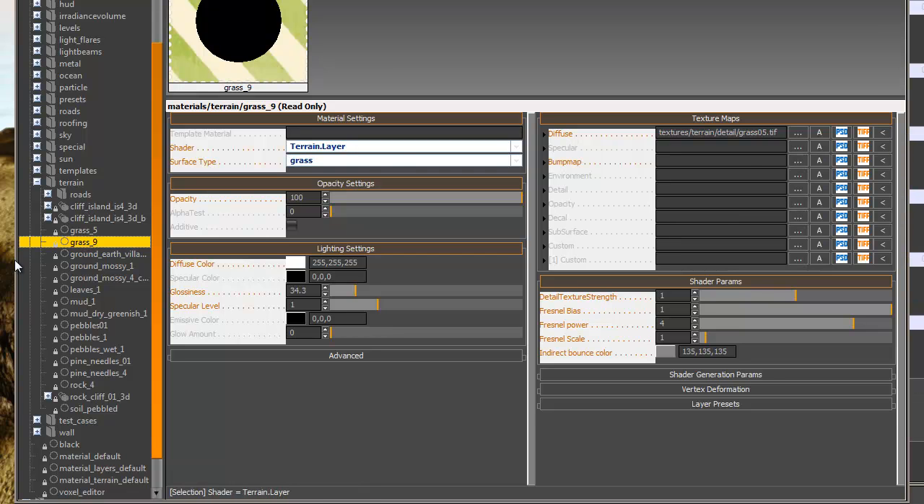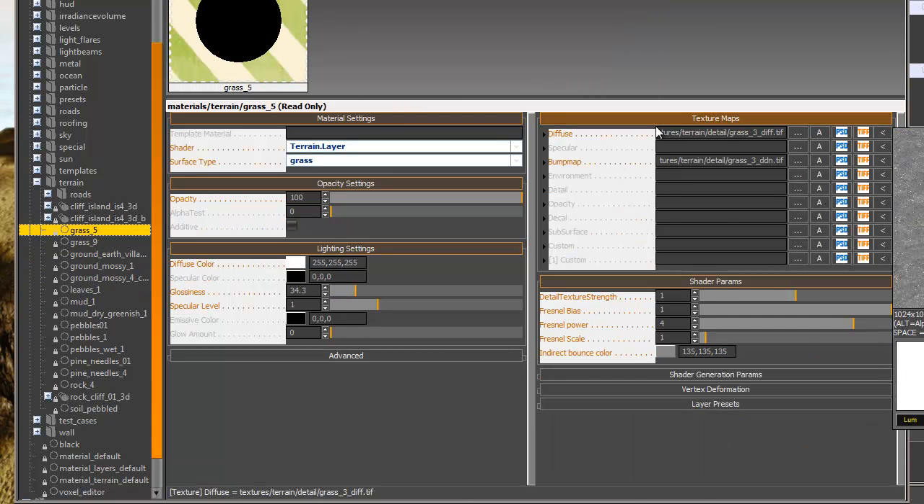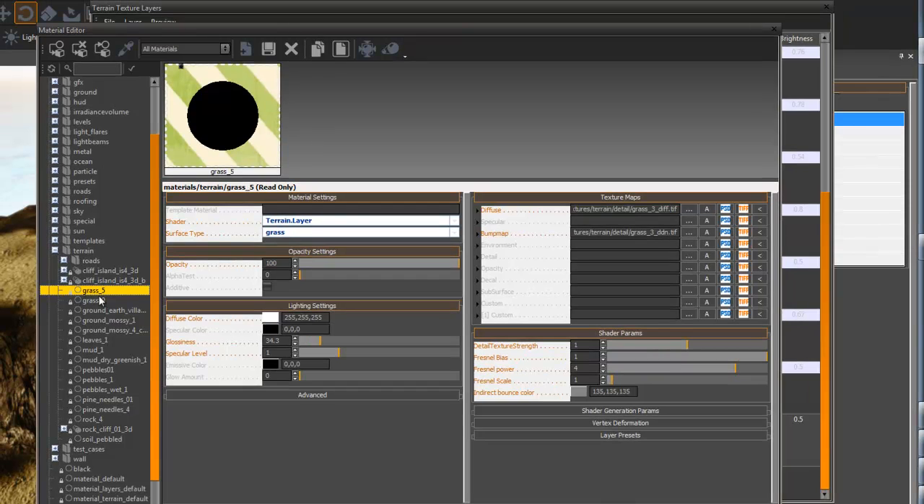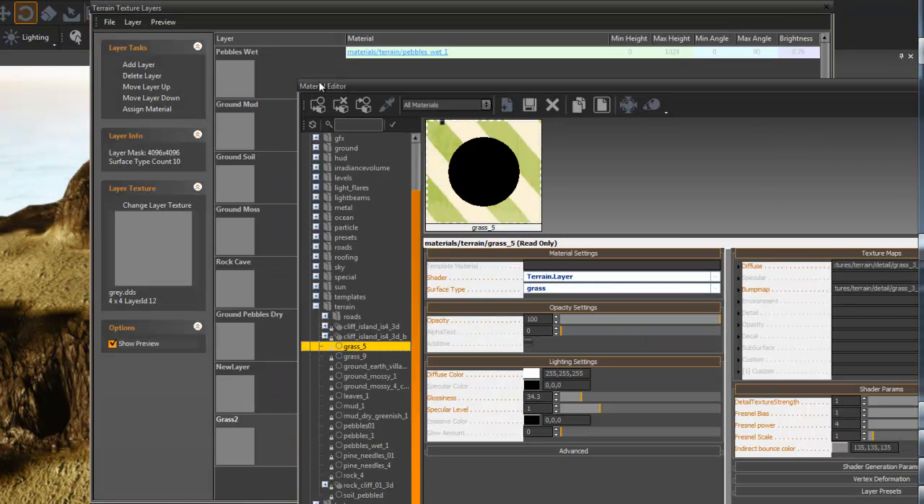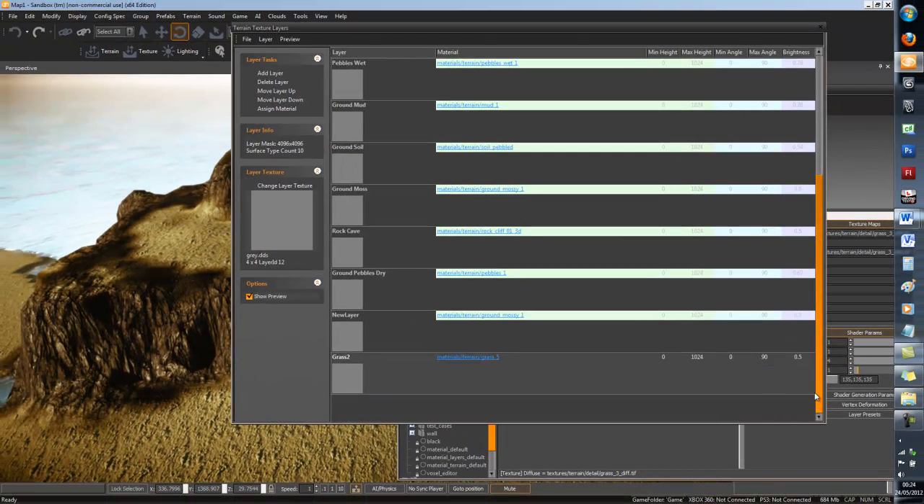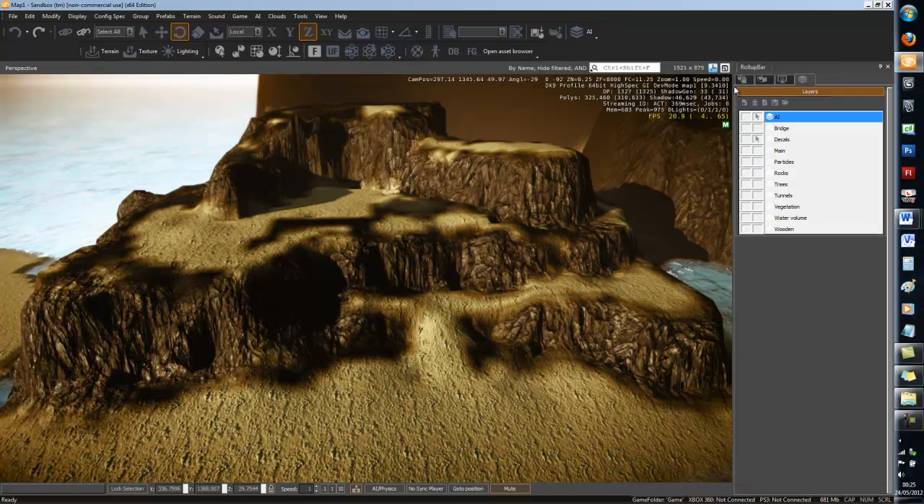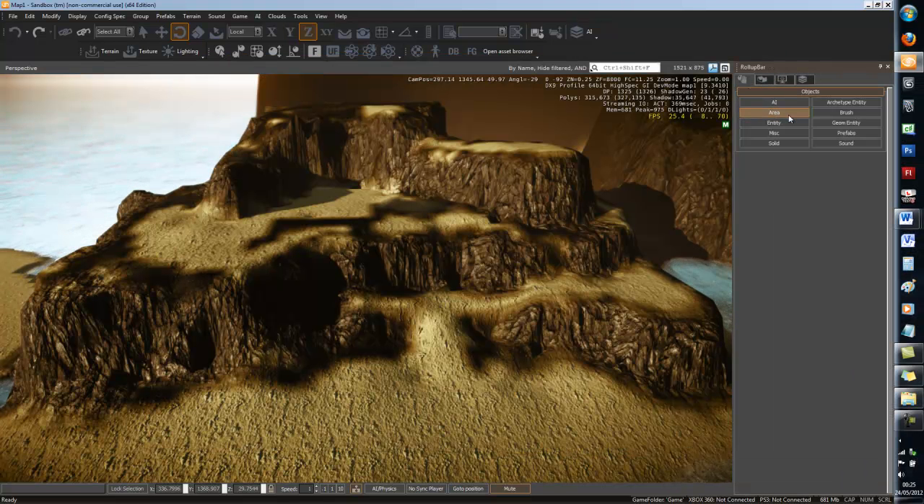So once you're happy with your texture, let's just say I want to use, yeah, this looks okay, grass 5. Okay, assign material, just double check. Can you see this new layer, materials, terrain, grass 5. Okay, it's done, it's assigned. Close everything to a roll up bar,